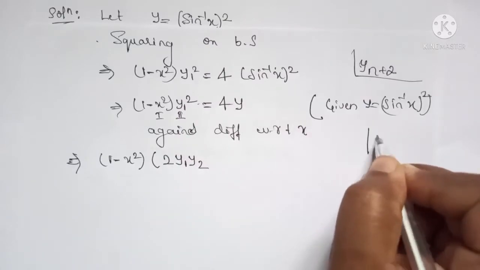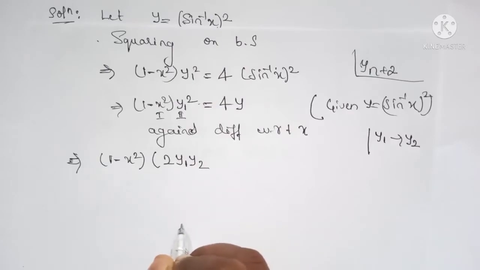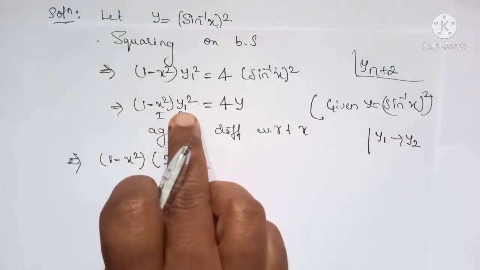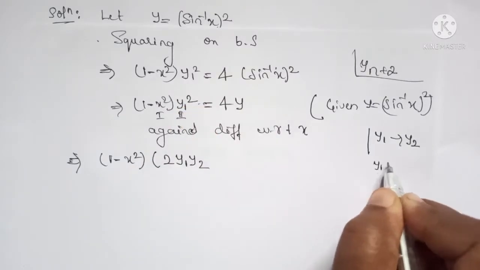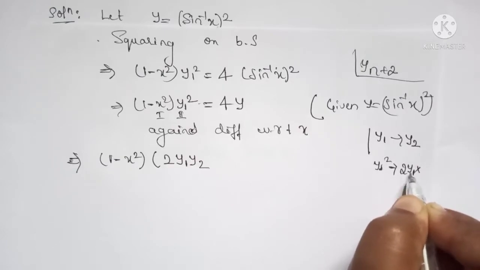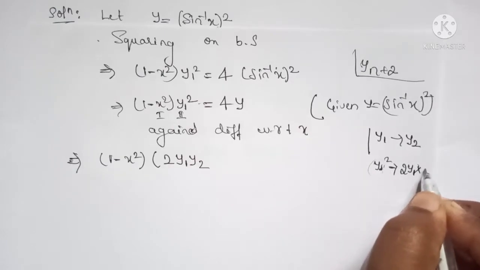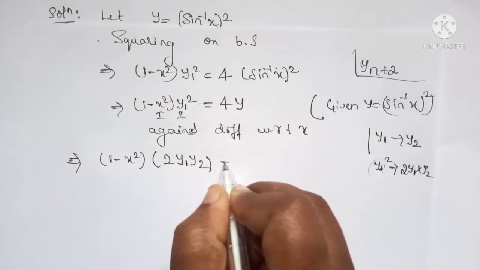See here we are differentiating y1, so its differentiation will be y2. So once again I repeat, here we have y1 square. Its differentiation will be 2y1 into differentiation of this y1, that is y2. Therefore we get 2y1 into y2 plus